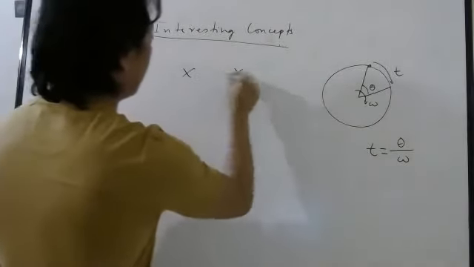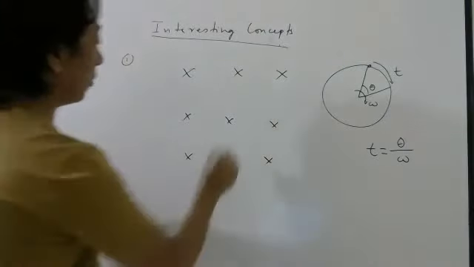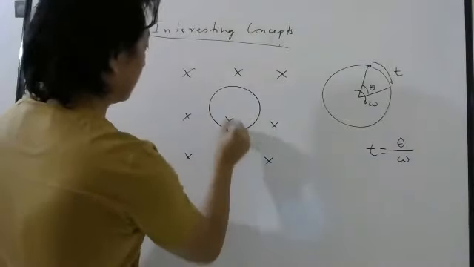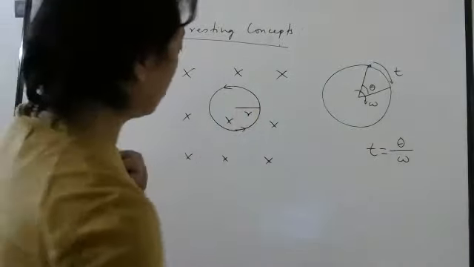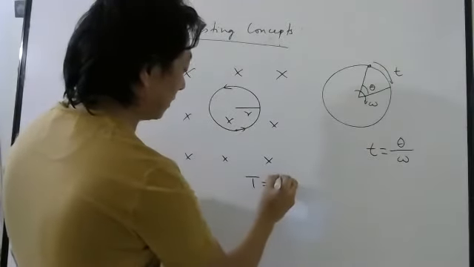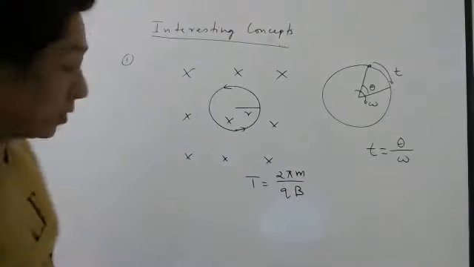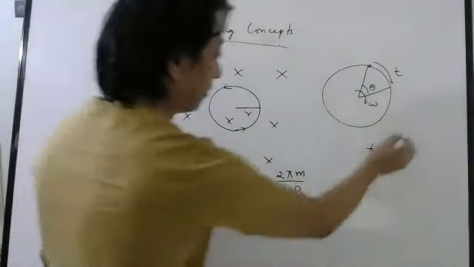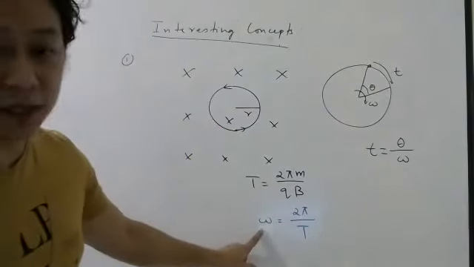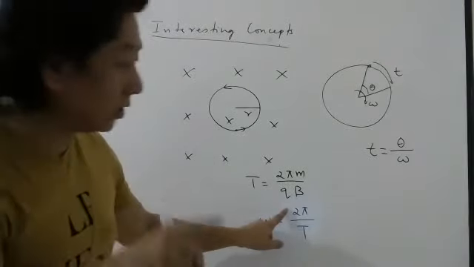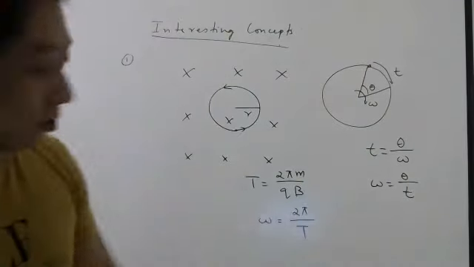If there is a magnetic field everywhere, then when the particle moves in a circle like this with radius r, what is the angular speed formula? Time period is 2 pi m by qB, correct? So angular speed, if the angle covered is 2 pi and the time period is capital T, is the angle covered in one revolution by time, right? Yes or no? Cross multiply.